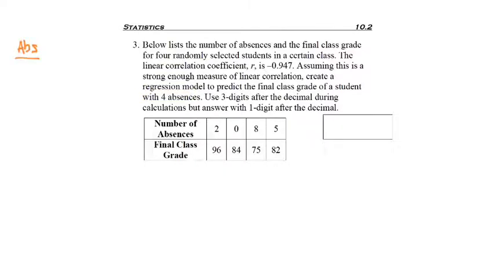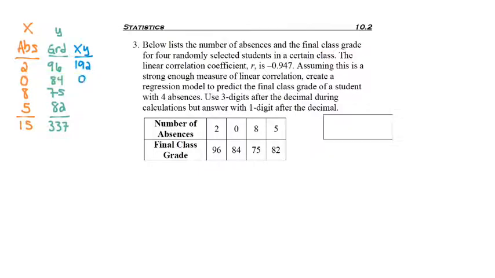So the first thing I need to do is list the number of absences, and that's my X column. So I copied the 2, 0, 8, and 5 down and totaled them. Next, I need to make a column for the final class grade, which is my Y column, and I'm going to copy the 96 through 82 numbers down, and then total those numbers. Now I'm going to make my XY column, so multiply 2 and 96, 0 and 84, 8 and 75, 5 and 82, and then total the 4 numbers I've just calculated,